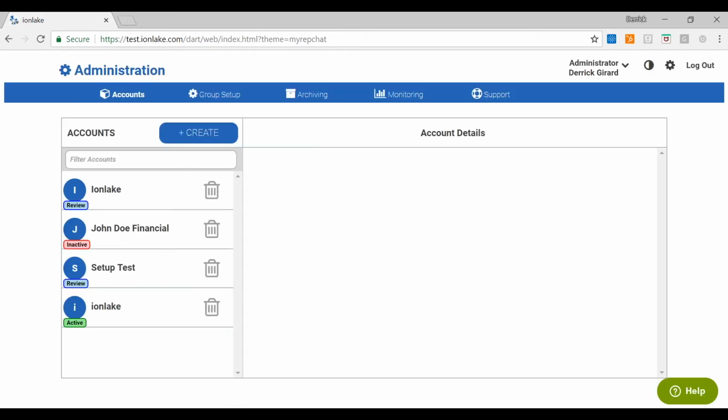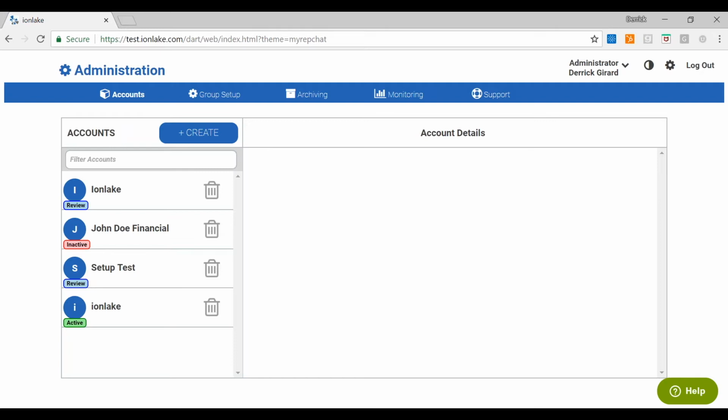For those of you that are familiar with MyRepChat, this screen is probably not new to you. For those of you that are not familiar with MyRepChat, this is what we call the administrative portal. Anytime an organization signs up to use MyRepChat, this is the very first step in the process. It takes only minutes to get set up, but once it's set up, this allows an organization to completely customize not only their version of MyRepChat, but it puts all the administrative controls right in the hands of